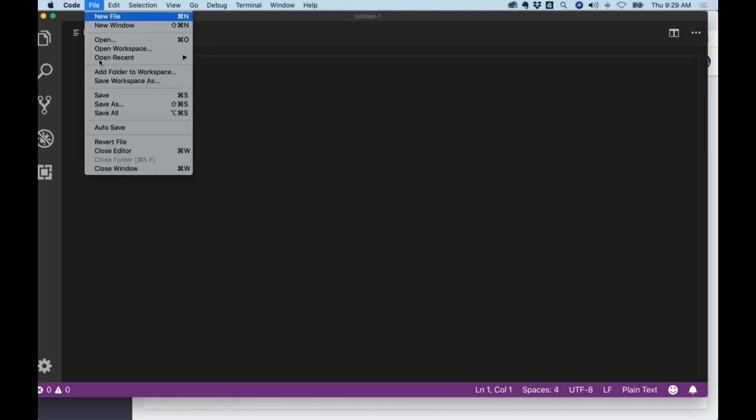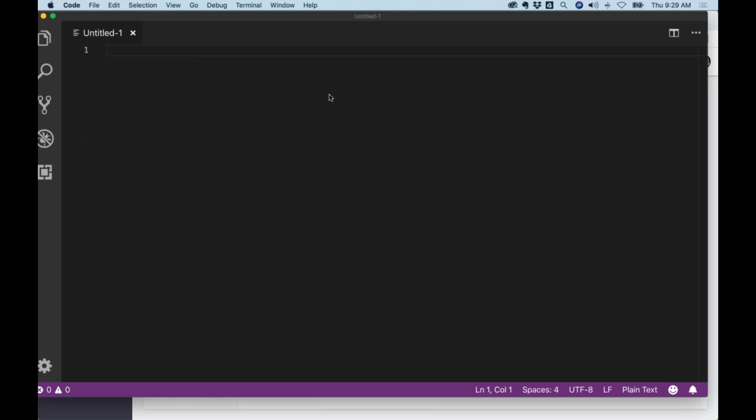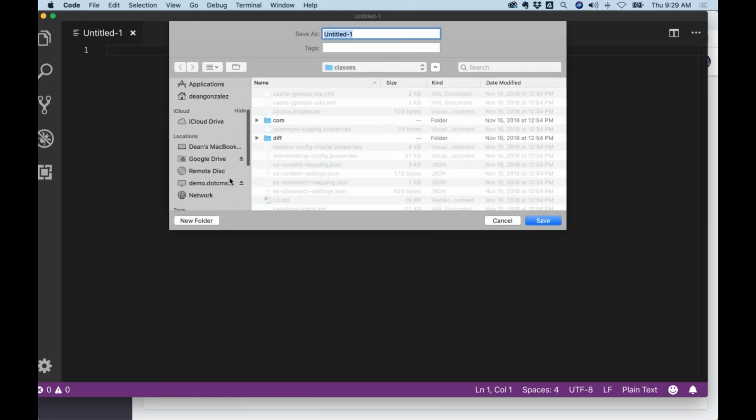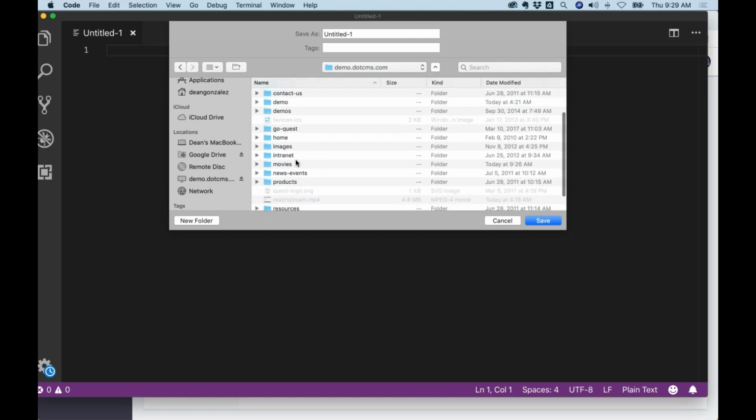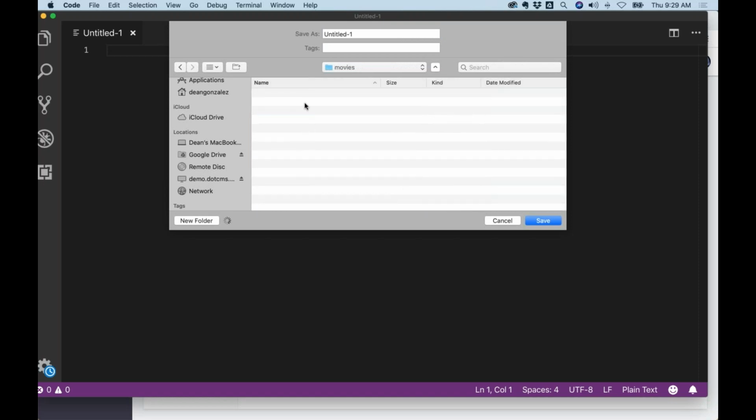And I'm going to file, save as, and save it right to the server. So I'm going to go to demo.cms.com, inside of English, inside of the demo.cms.com directory, and then into movies, and inside of movies, into that VTL folder, I'm going to create one file called movie